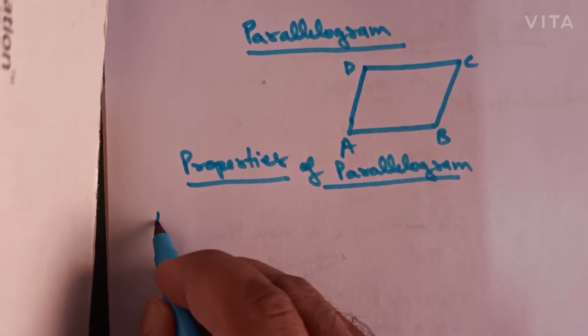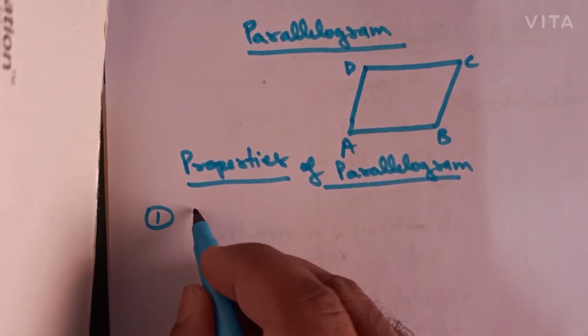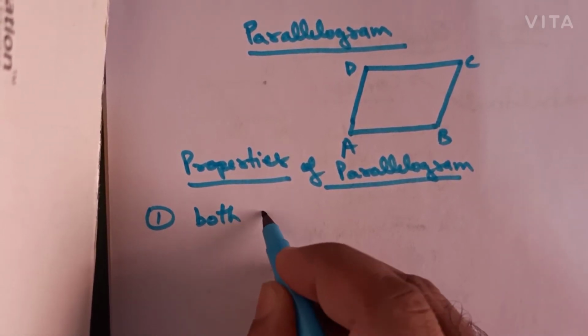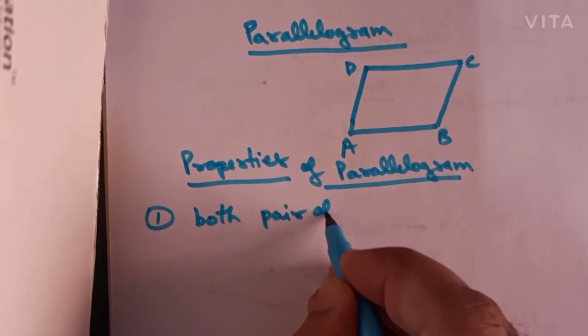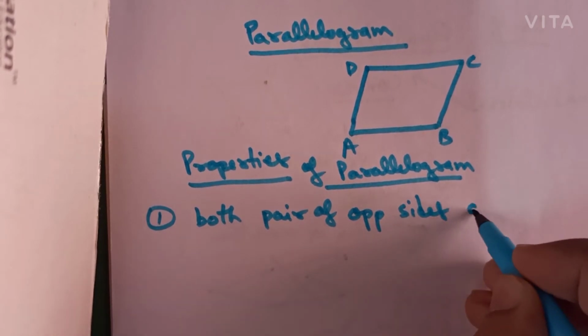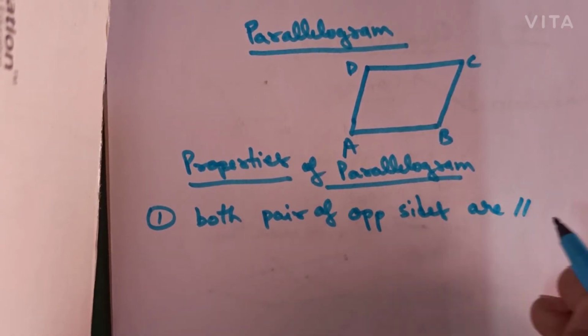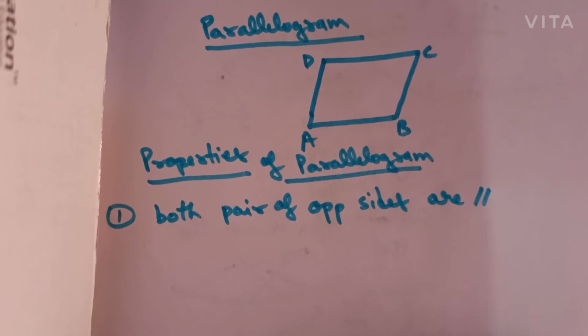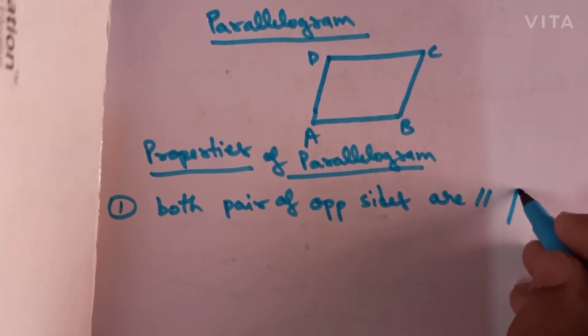That means, number 1, both pairs of opposite sides are parallel. Like for example, if we draw a parallelogram